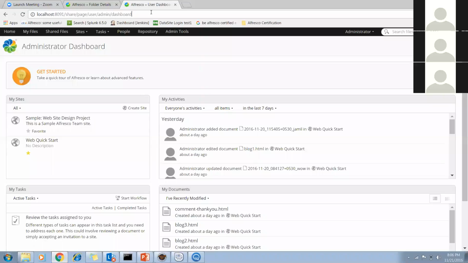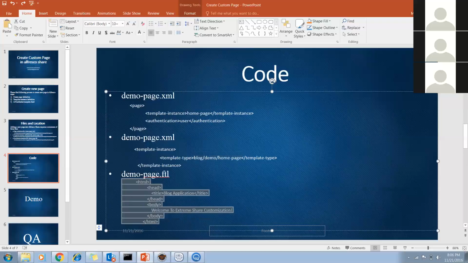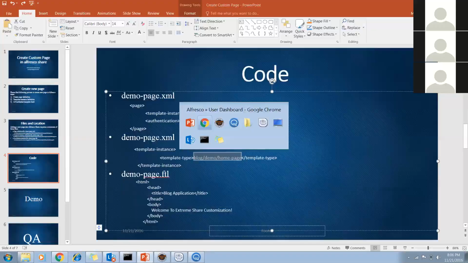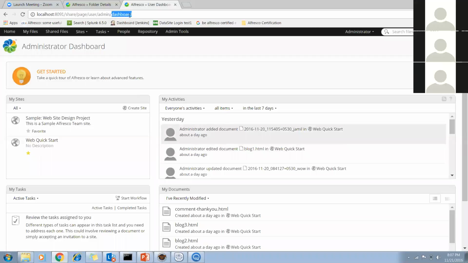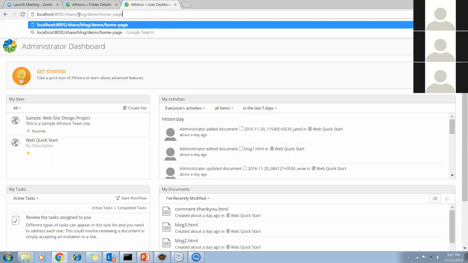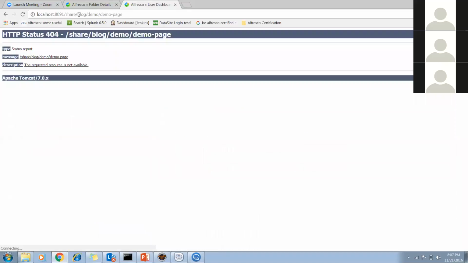Let me see, I think I have already created that. One second. If I go to this page and write here demo, no, something, blog, oh sorry, there should be a default page URL.